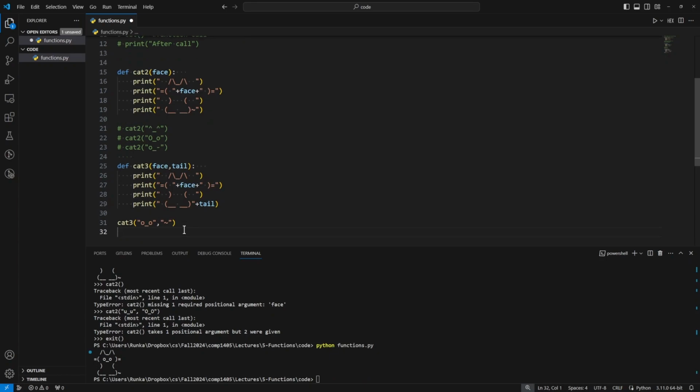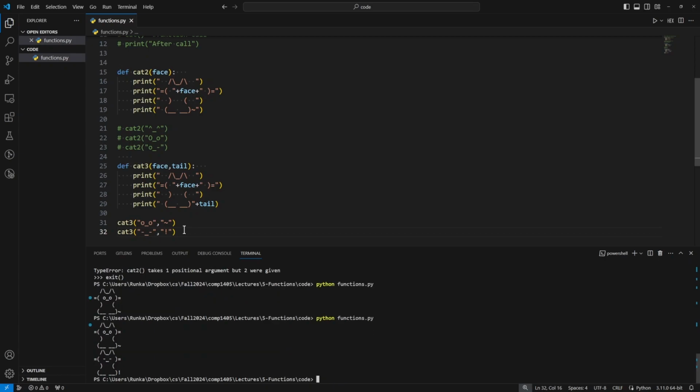Now, if we were to run this with other values, so for example, something like this, I can run our code, and just as expected, we get a different looking cat. But notice importantly, the order of our arguments matches the order of our parameters. So face goes into the variable face, and our tail goes into the variable tail. If I were to reverse this,